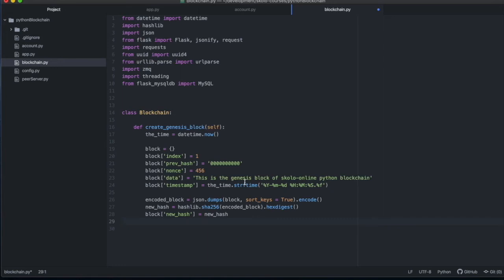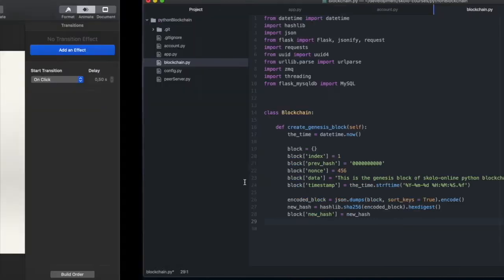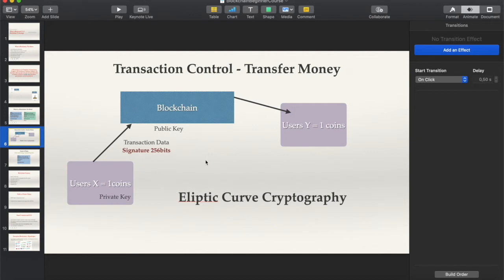And before we can do that, we need to generate transactions. Let's look at what we learned when we were going through the theory of blockchain. The way transactions work is that you'll have your blockchain where all the blocks get added, and then you have users of the system, and users will have their private key and their public key, and these users will generate transactions and sign the transactions with their keys, and the transaction gets sent with a signature,